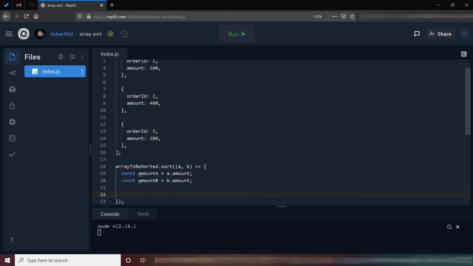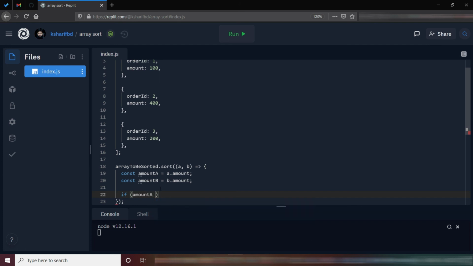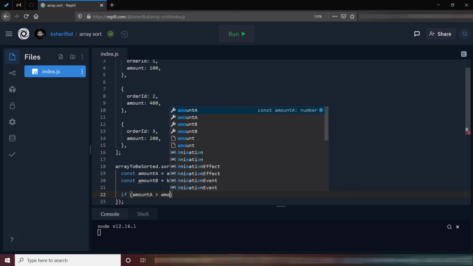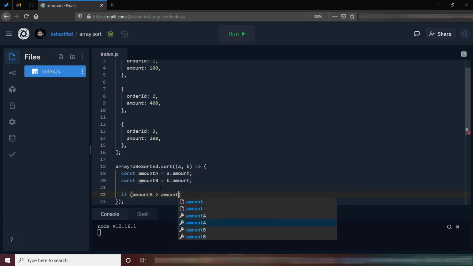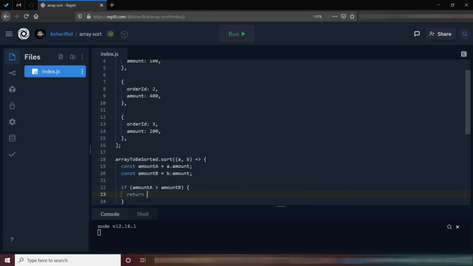Now we are going to write our usual comparison blocks. First we are going to sort in ascending order, so if amountA is greater than amountB, then return 1.